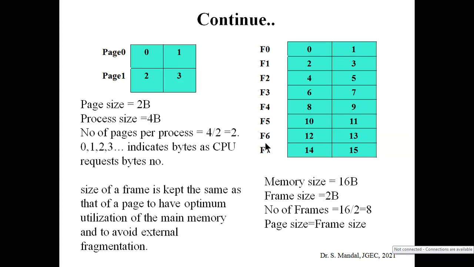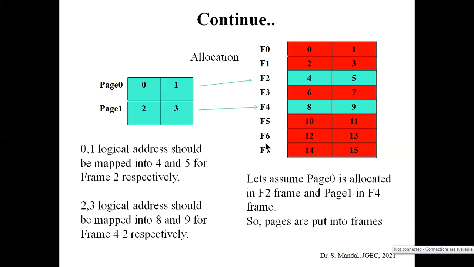The content of the pages will be loaded in the respective frame. That means if the size of both of them is the same, there will be no unused space. That means there will be no external fragmentation. So that's why, to have optimum utilization of the main memory and to avoid external fragmentation, the size of the frame is the same as the size of the pages. Clear? Okay, now